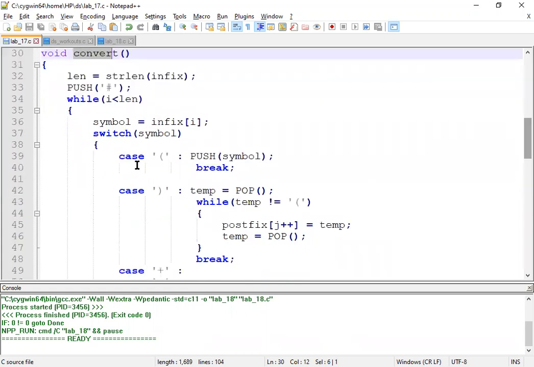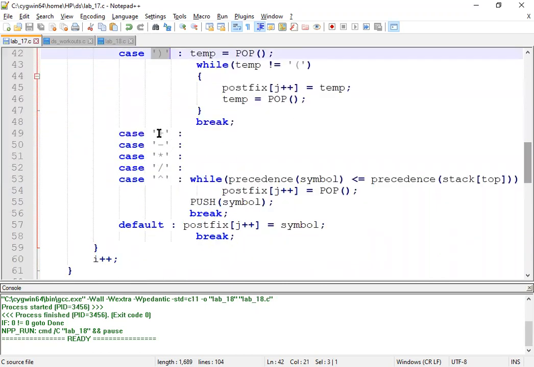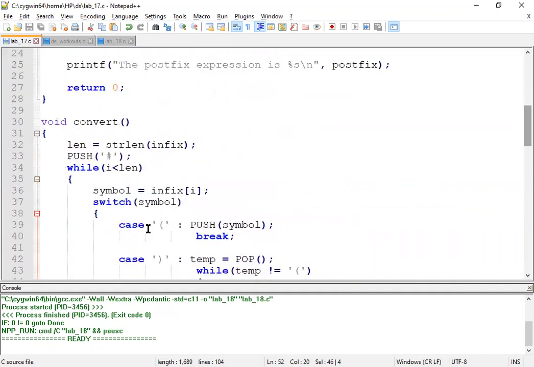Based upon that, it will handle that particular scenario in the switch cases. If an open parenthesis is there, what has to be done? Or if a close parenthesis is there, what has to be done? If it is an operand, then what has to be done? That part is taken care of in the convert function.